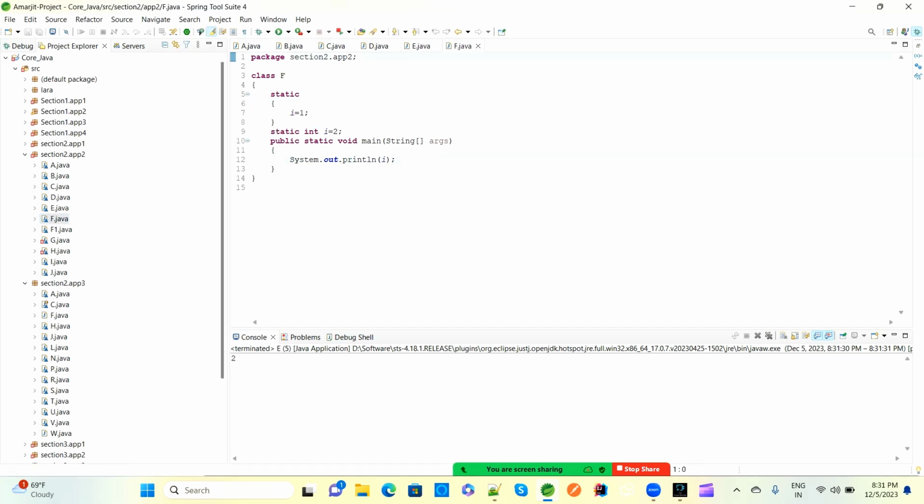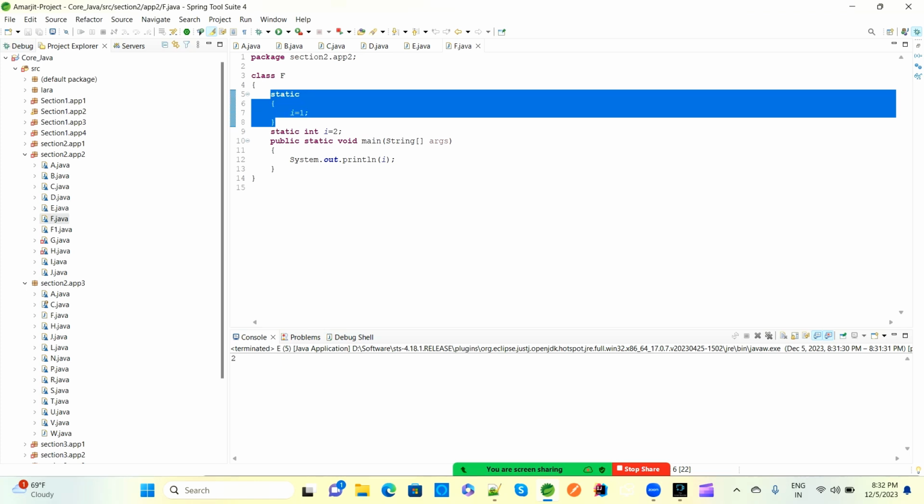Then we have a class F. This is a static block, and here they initialize I equal to 1. Before that, there is no static int variable. After the static block, we have a static int I equal to 2 variable. So anywhere a static variable will be initialized after the static block, before the static block, after the main method